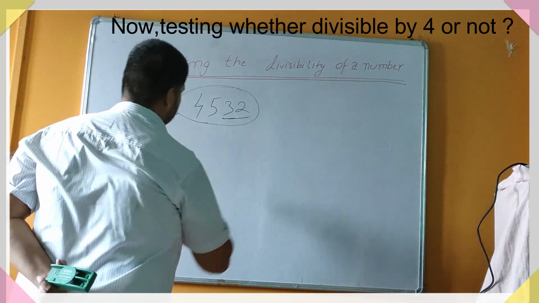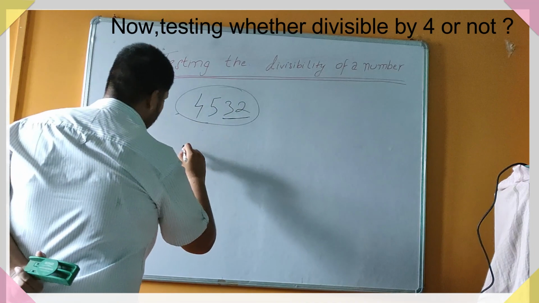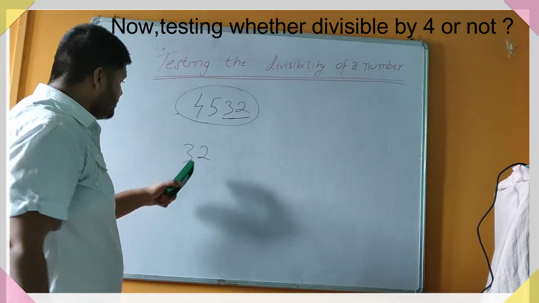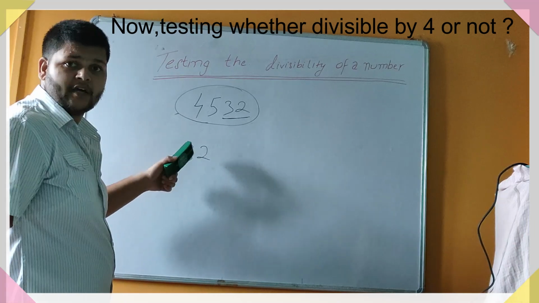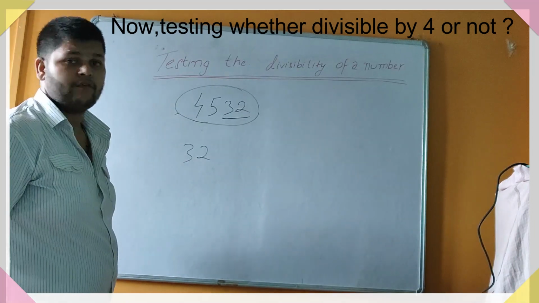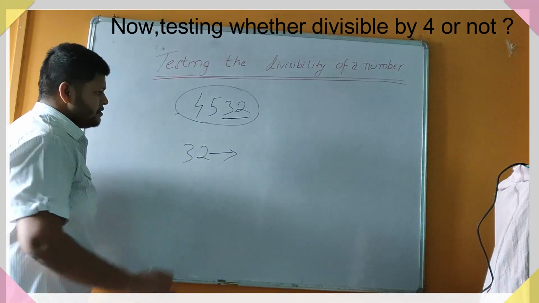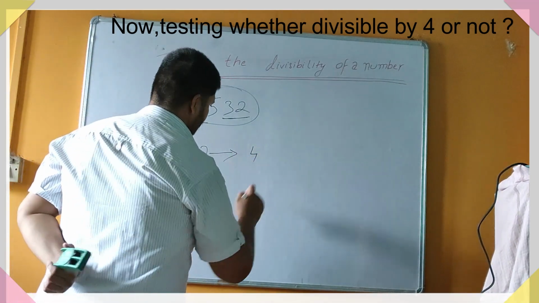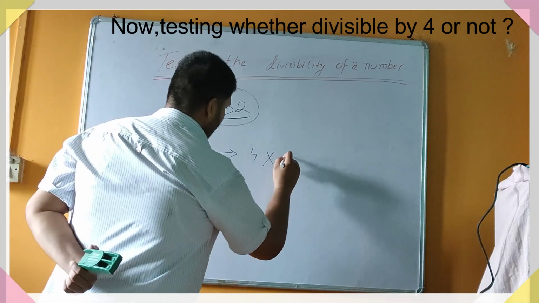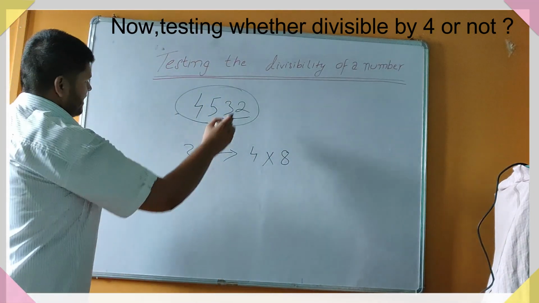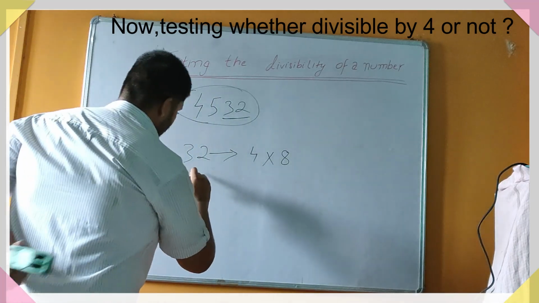The last 2 digits in this number are 32. Now you need to say whether this comes in the table of 4 or not. Yes, this 32 comes under the table of 4, 8 times. So we can conclude that this whole number is divisible